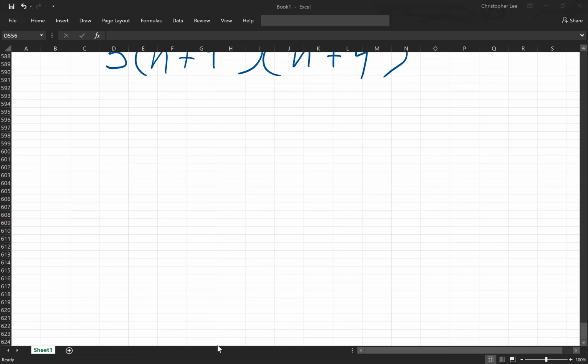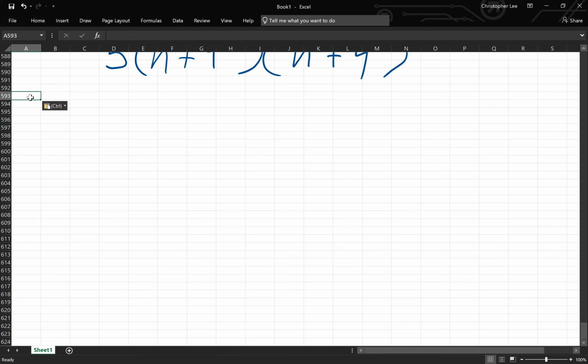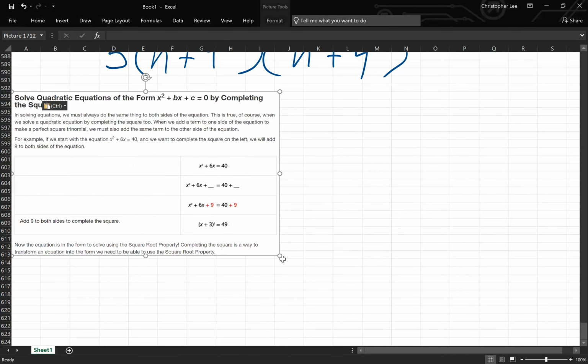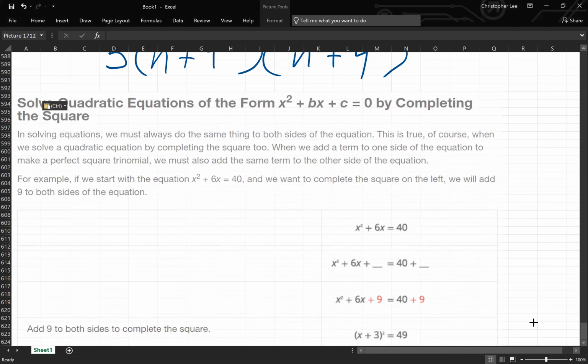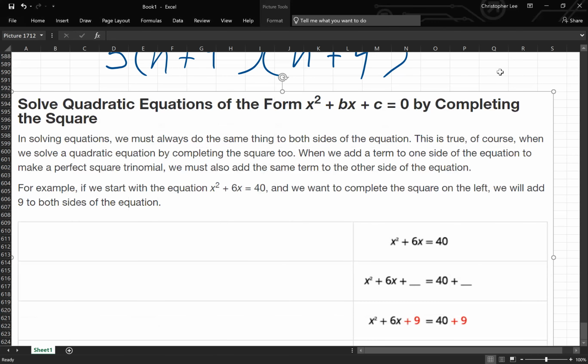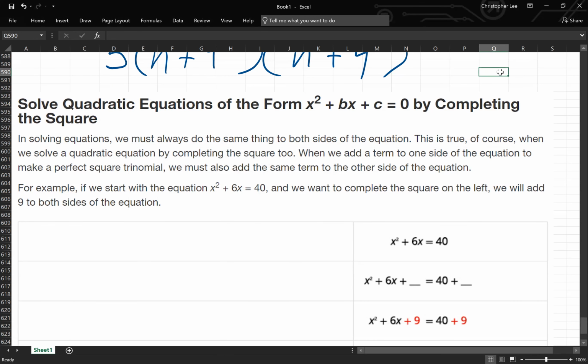All right, so let's get into it. Here's what we're doing today. I want to solve quadratic equations of the form x squared plus bx plus c is equal to 0 by completing the square. In solving equations, you must always do the same thing to both sides of the equation. This is true, of course, when we solve a quadratic equation by completing the square too. When we add a term to one side of the equation to make a perfect square trinomial, we must also add the same term to the other side of